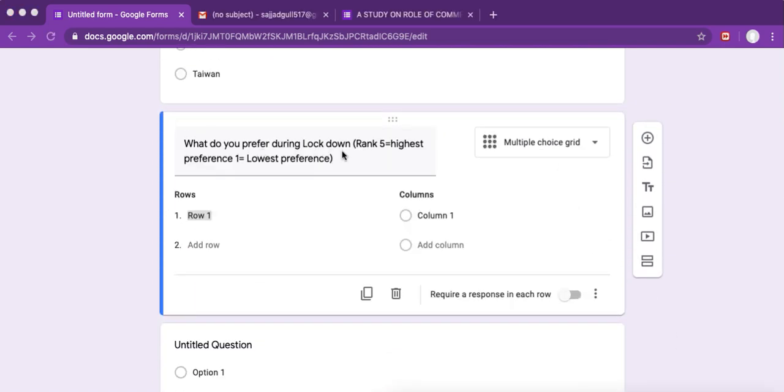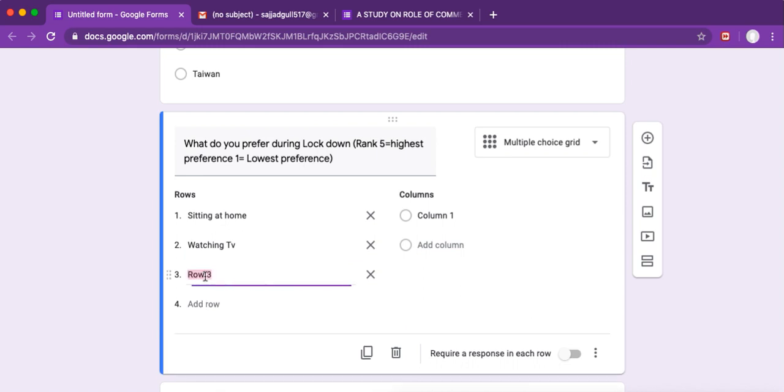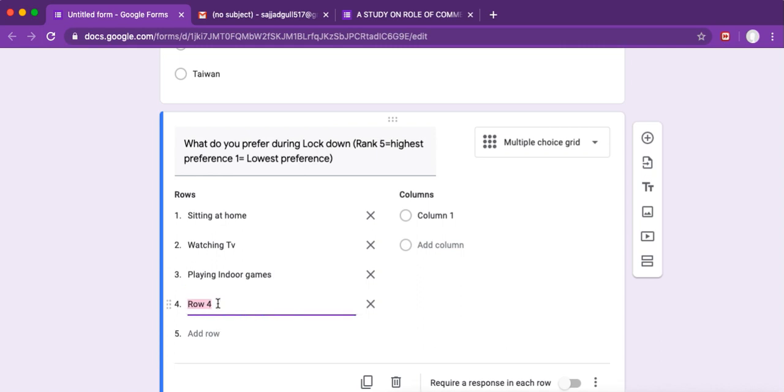What do you prefer during lockdown, where 5 is the highest preference and 1 is the lowest preference. So let us write those here. The first one is sitting at home, the second one watching TV, the third one playing indoor games, then the fourth one, which is very important, helping wife or mom in the kitchen.